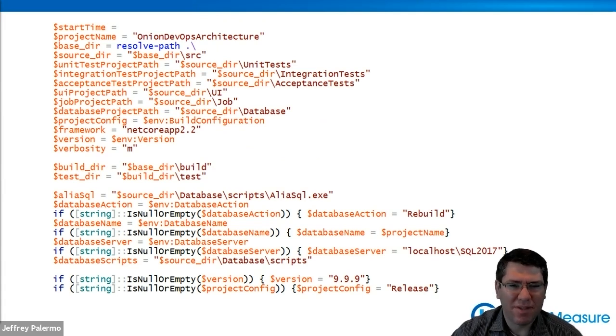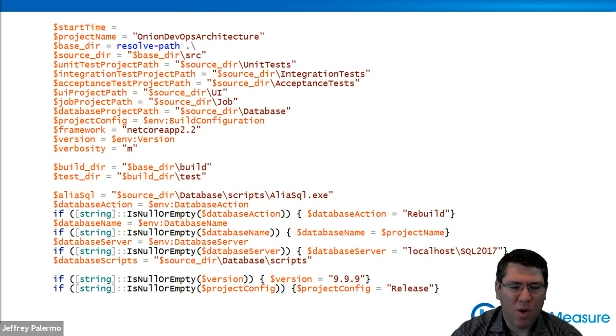The top level variables are the things that are going to change from application to application. For example, if you have 10 different applications, you have 10 different Git repositories, this same build script can be copied into each one of them, and you can use the same structure, but just change these variables at the top.